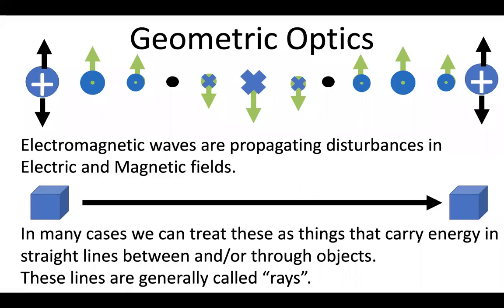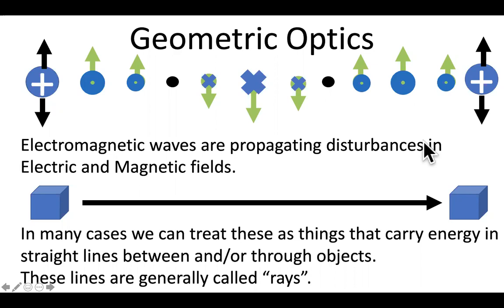Hi, everybody. So today I want to start talking about an area of physics called geometric optics, also known as ray optics and sometimes geometrical optics. This is going to be a case where we start to study how electromagnetic waves interact with matter. And again, what we've been talking about is laying out the basic properties of electromagnetic waves, that they're disturbances in the electric and magnetic fields that propagate in various ways and can carry energy and motion between charged